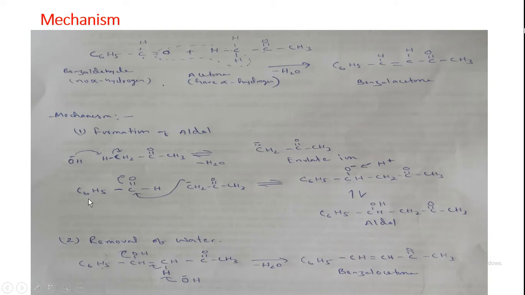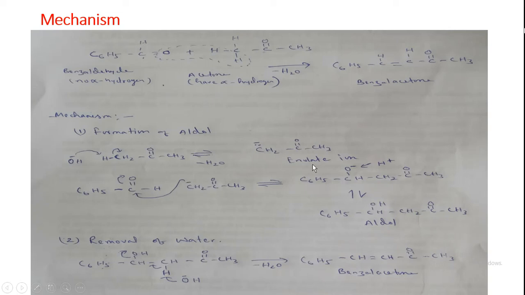So this is aromatic carbonyl carbon, right, because C6H5 is benzene or phenyl ring, C double bond O. So this is carbonyl. So always you remember, this carbonyl carbon is always electron deficient because of electron withdrawing tendency of this oxygen. So as a result, this carbon will acquire positive charge, so this negative charge will attack this carbon. So as a result it will form a bond here, correct?